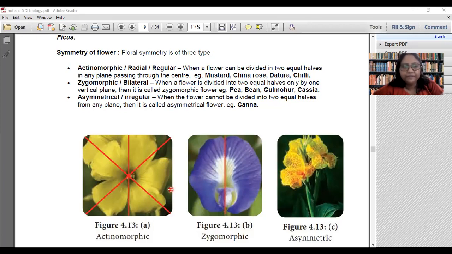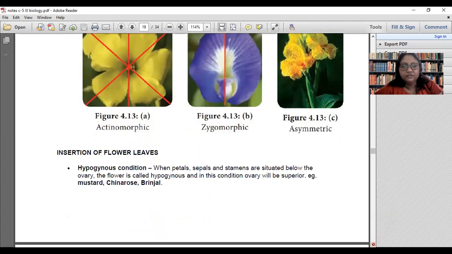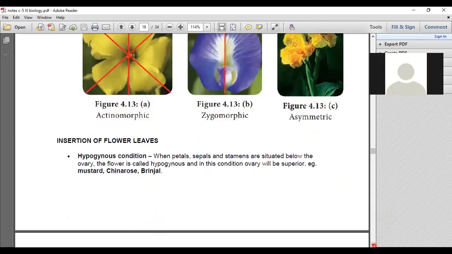Yes, बोलो बेटा. Ayushi, want to say something? No, ma'am. So now,